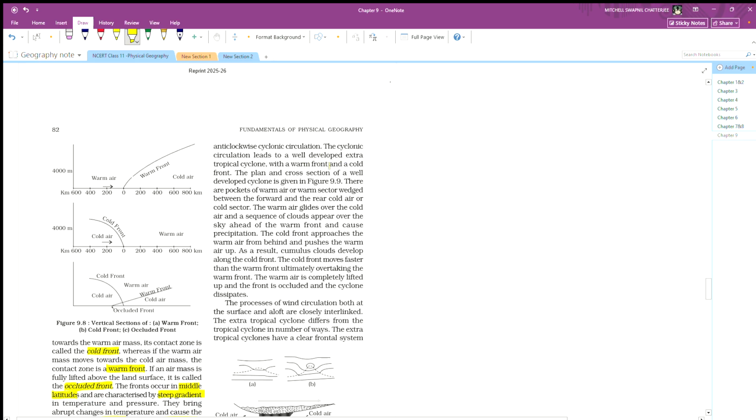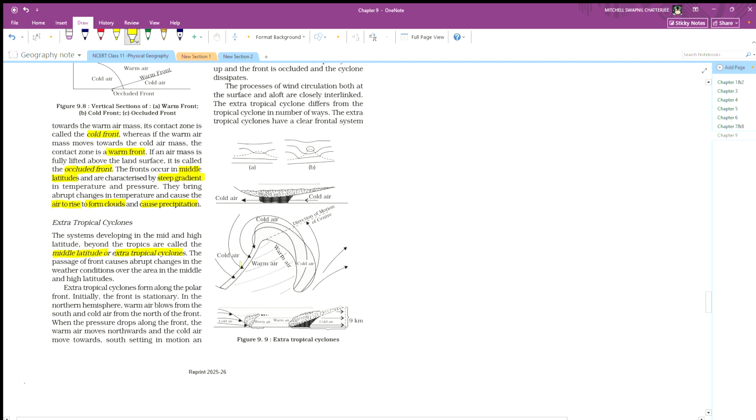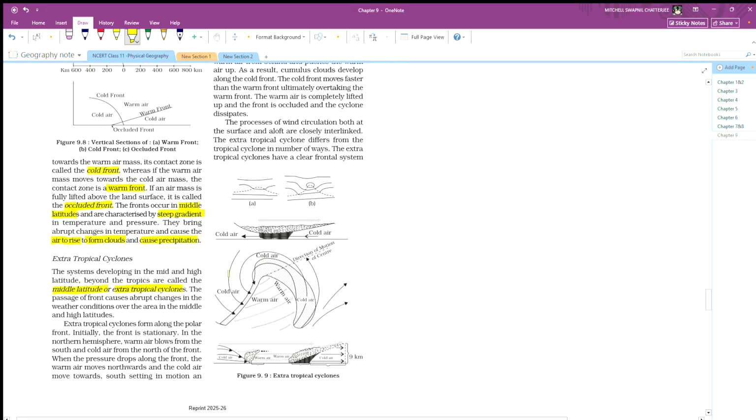With a warm front and a cold front, the plan and the cross-section of the well-developed cyclone is given in this figure, 9.9. Okay, let's see from the beginning what is happening. It's A and B. Cold air is going below the warm air because it is much denser,